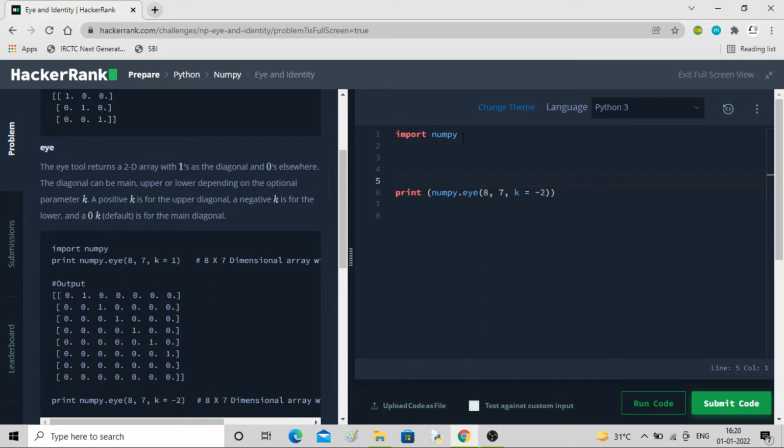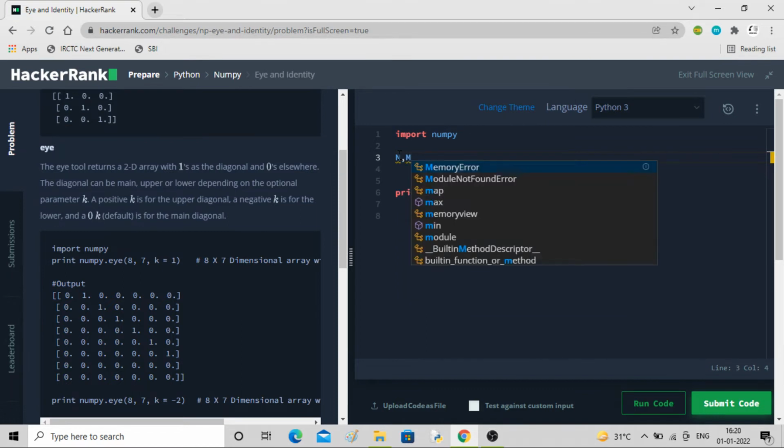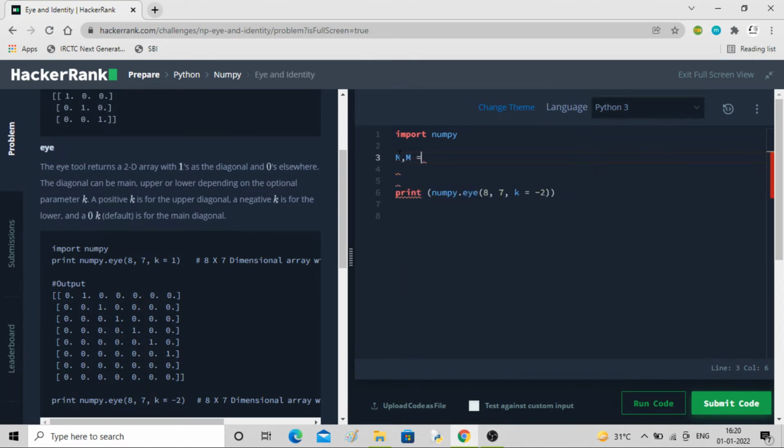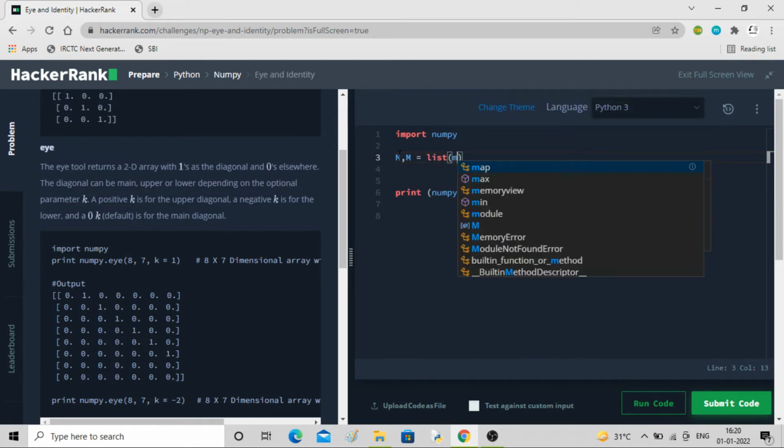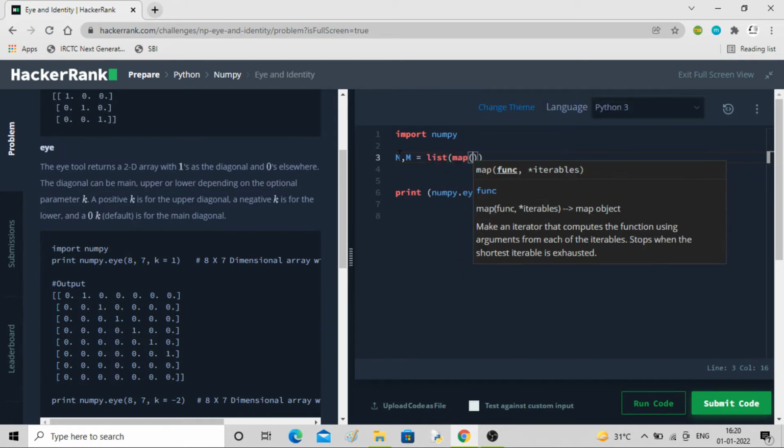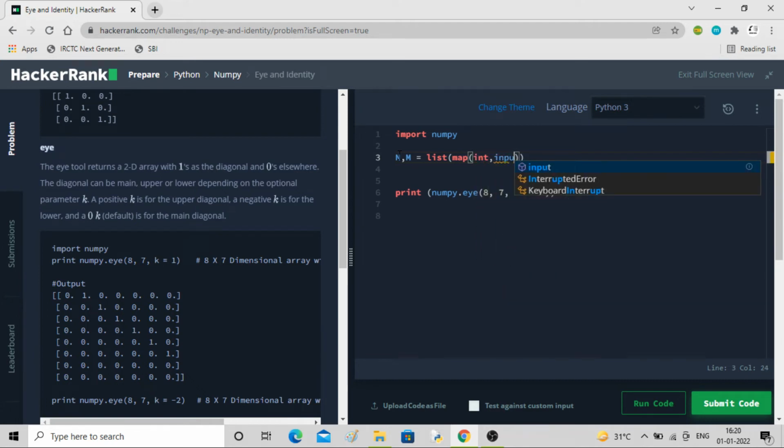Let me keep I as it is. First I'll take the values of n and m. So this will be like what we were doing previously: set map int, comma, input dot split.